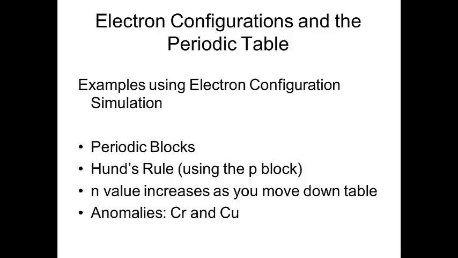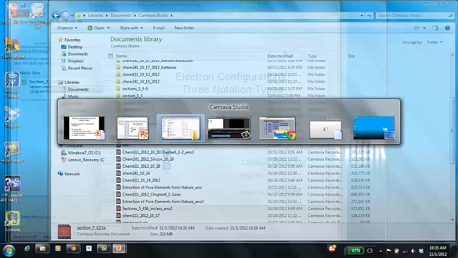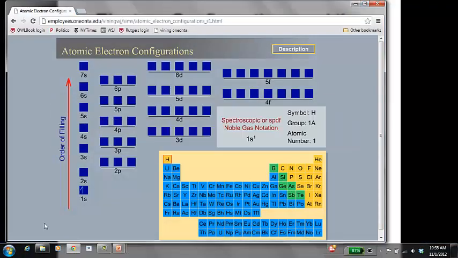Now we're going to look at the way that you can determine the electron configurations for pretty much all the elements of the periodic table, or certainly most of them. We're going to do that by linking it to the position of an element on the periodic table. We're going to start with periodic blocks, and then we're going to go to what's called Hund's rule. We'll do that using a simulation where we have a periodic table and we click on different elements and it fills in the electron configuration in the box notation as well as the SPDF